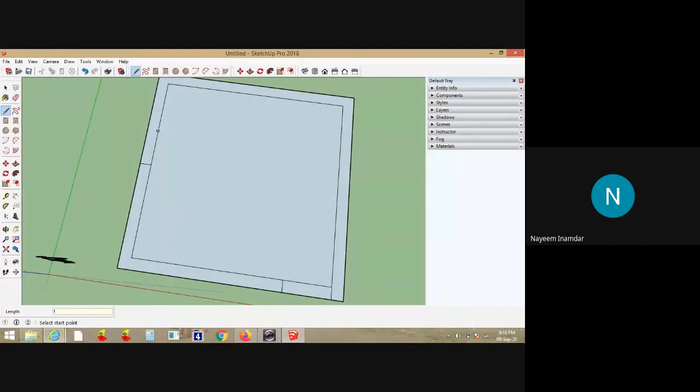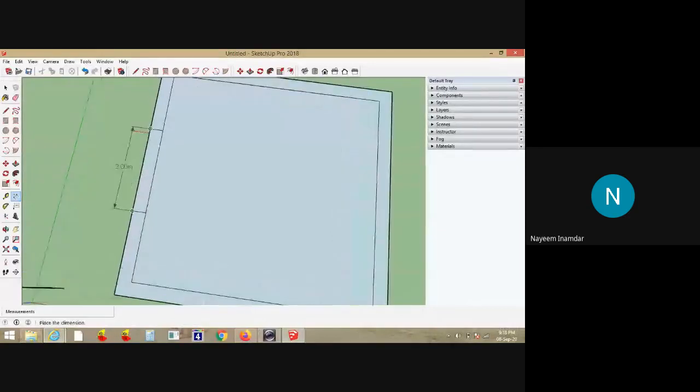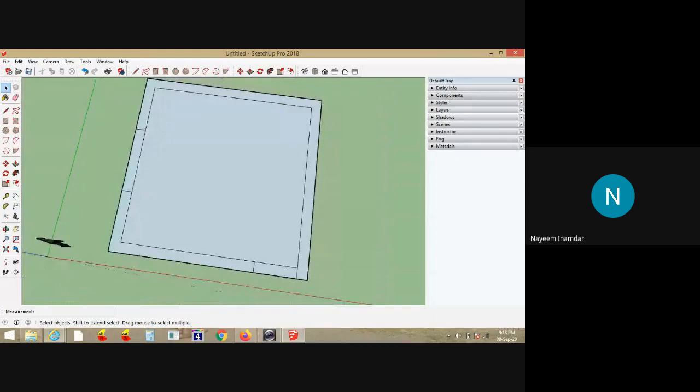So whenever you move your cursor, the point will show here. You just draw the line. On this side also, 1 meter, just draw the line. Just delete the line inside. You can cross check the dimension also. Go to the dimension. This point to this point, this is 2 meter. Yes, we did correct. On this side also, in AutoCAD, what you do, you make a copy selection there.